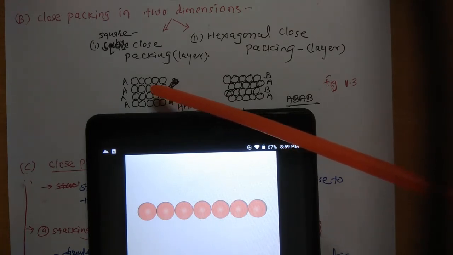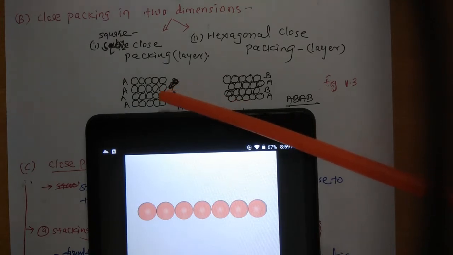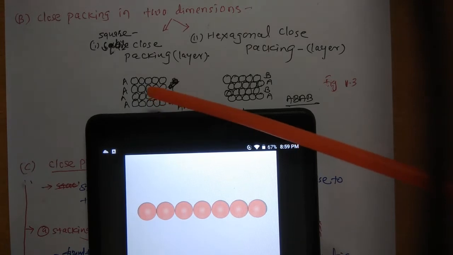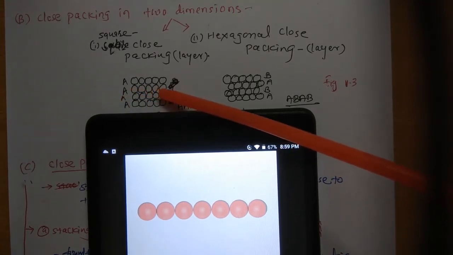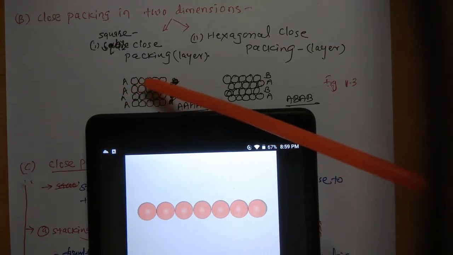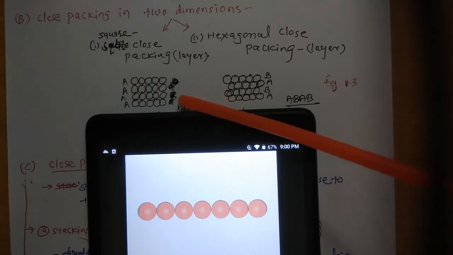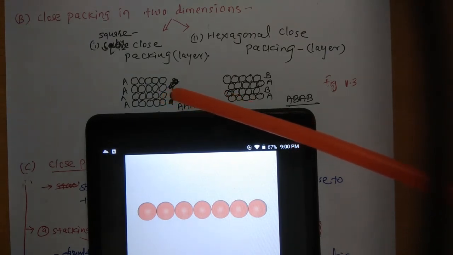You can see here horizontally and vertically all the spheres are aligned. The bottom layer is aligned with the second layer, the second layer is the same as the third layer, and the third with the fourth. That's why this arrangement is called AA type of arrangement.